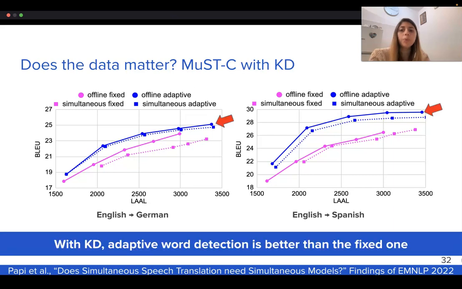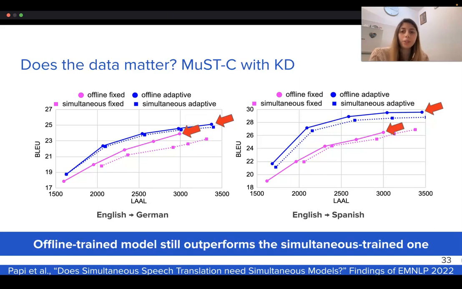And we discovered that with knowledge distillation, adaptive word detection is better than the fixed one, and also that the offline trained model still outperforms the simultaneous trained one. So we can see that the adaptive word detection is the best choice if we consider more competitive training strategies